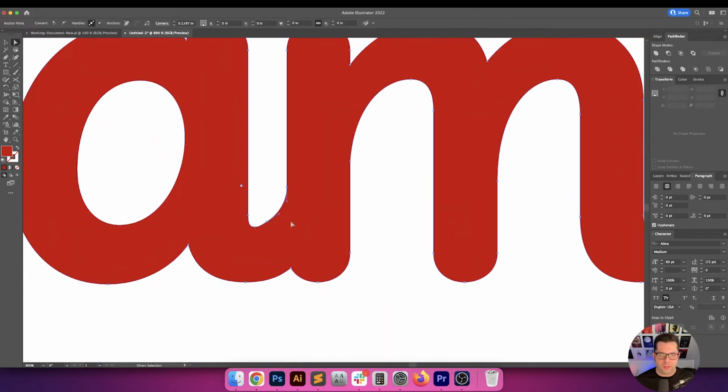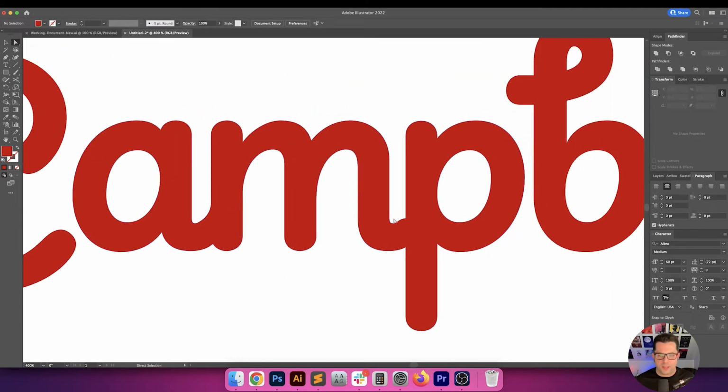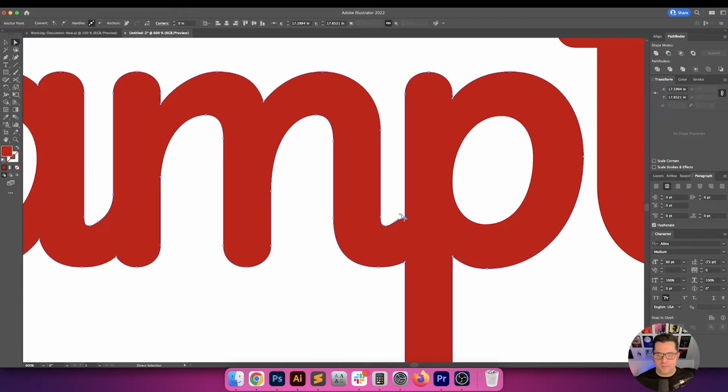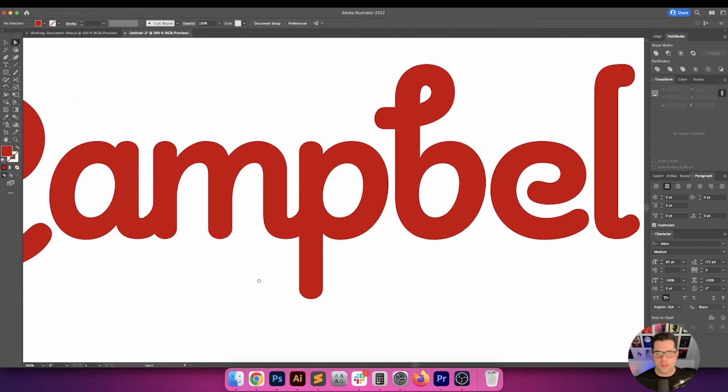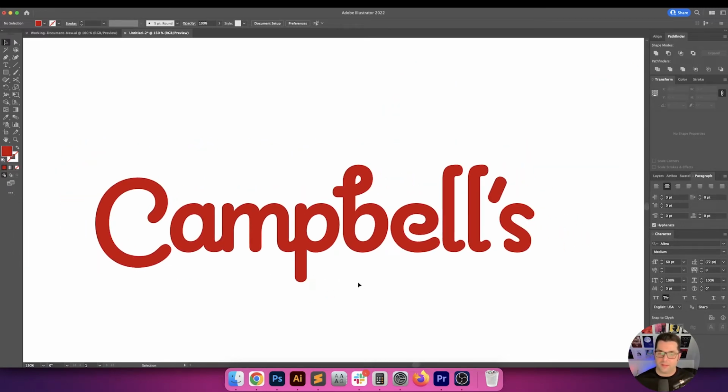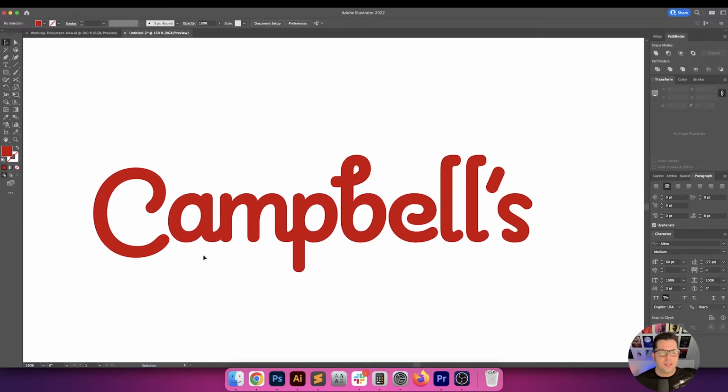So if we were to do something like that, then it's obvious that it's meant to go directly into that next letter. So it looks a little bit more custom. So, okay, this I actually like. I actually do like this a lot. The fact that these connect and these don't, normally that would bother me, but for some reason it's not really